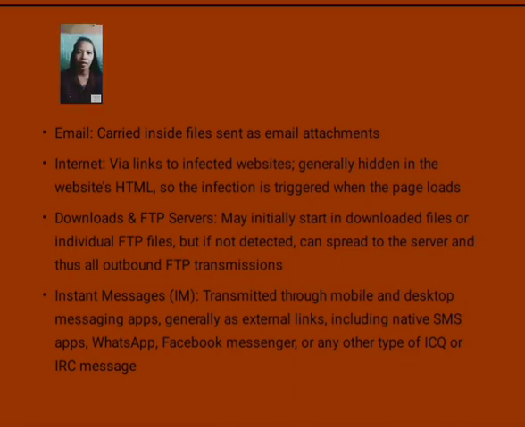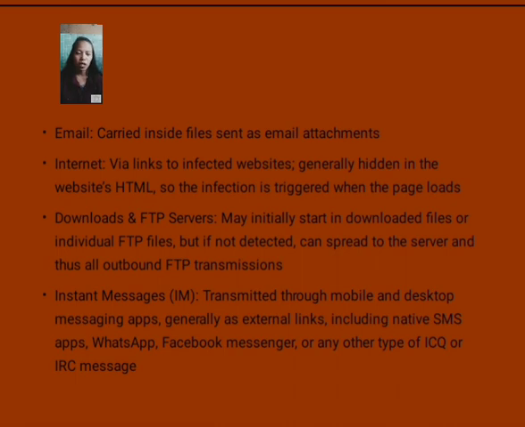Worms can be sent as email attachments, or spread via the internet through links to infected websites, generally hidden in the website HTML. The infection triggers when the page loads. Downloads and FTP services may initially start in downloaded files in individual FTP files, but if not detected, can spread to the server, and thus all outbound FTP transmissions.